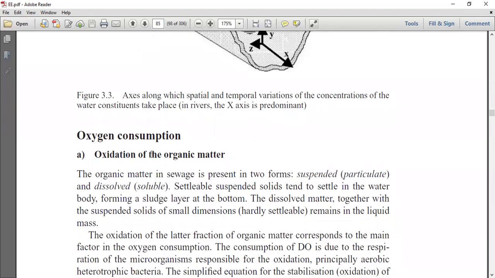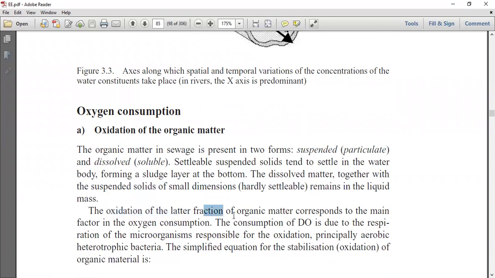Oxygen consumption: oxidation of the organic matter. The organic matter in the sewage is present in two forms, suspended and dissolved. The stable suspended solids tend to settle in the water body, forming a sludge layer at the bottom. The dissolved matter together with the suspended solids of small dimension remains in the liquid mass. The oxidation of the latter fraction of organic matter corresponds to the main factor in the oxygen consumption. The consumption of DO is due to the respiration of the microorganisms responsible for the oxidation, principally aerobic